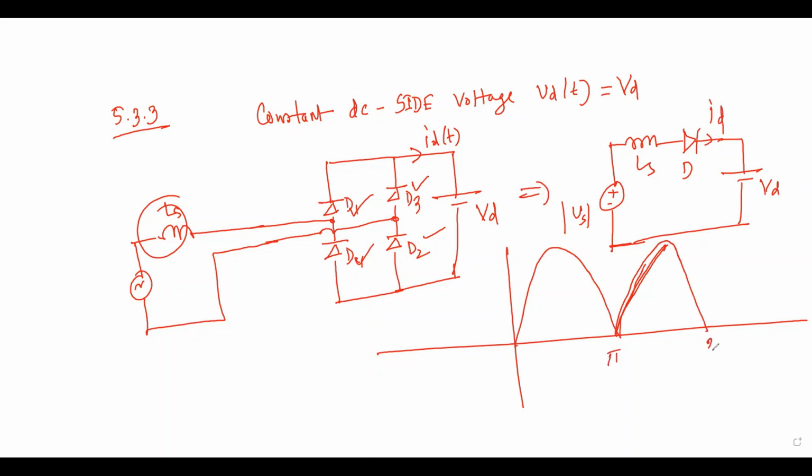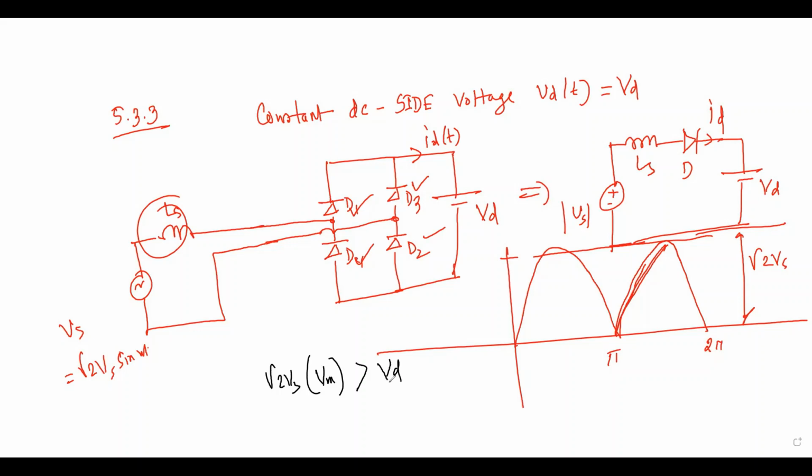Now if we plot that one, this is your pi and this is your twice pi, then this is your maximum value. If Vs equals √2 Vs sine omega t, then the peak value will be √2 Vs. And we shall consider that √2 Vs, that means the peak value Vm, must be greater than Vd. Otherwise, the diodes will be reverse biased. Okay, if this is the value of the Vd,